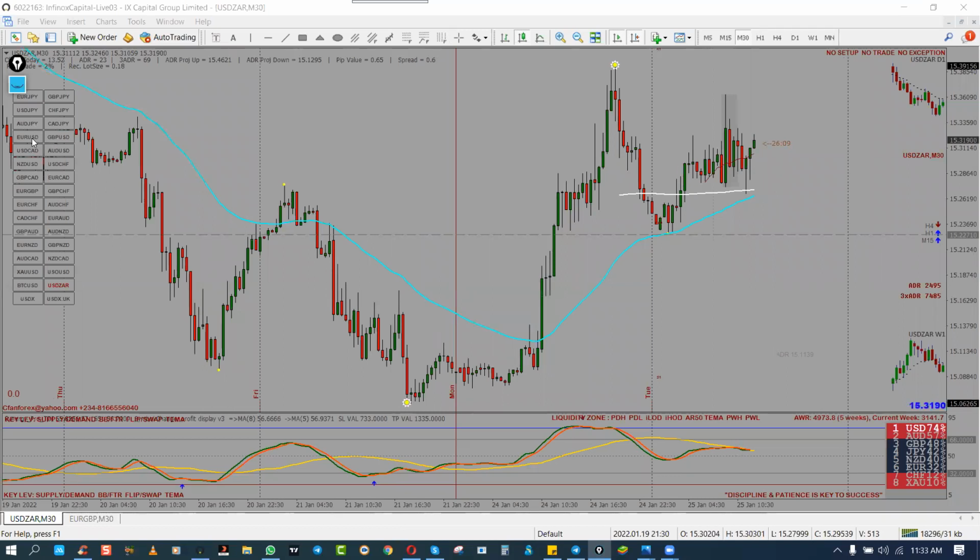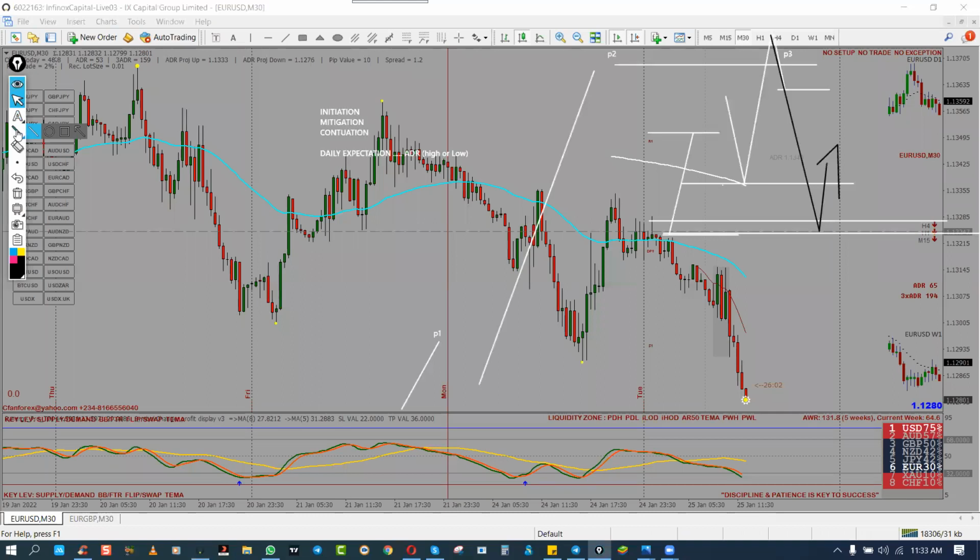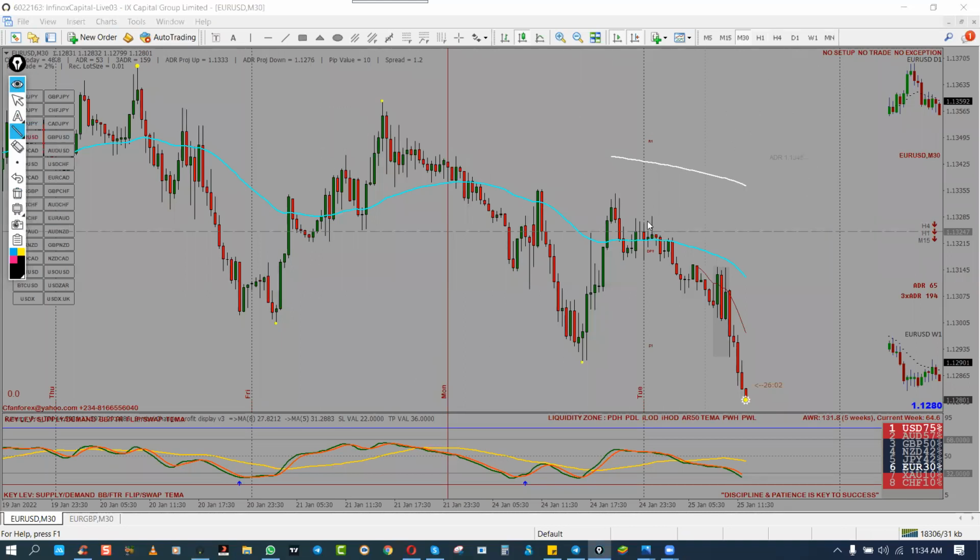Somebody asked why did EU drop? EU dropped because the directional bias on EU is bearish, and therefore you want to look for entry, right? What happened is that this is the initial high of the day, and this is the initial low of the day at this point. Before that, in the London market, the breakout is called initiation, right? Market initiated. Please all learn this thing.